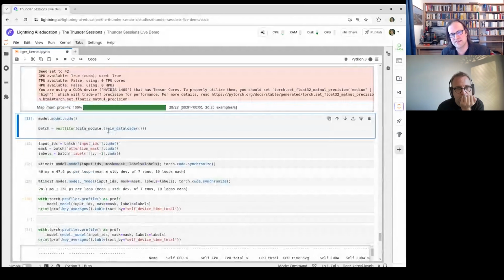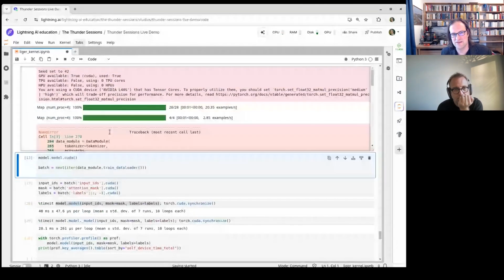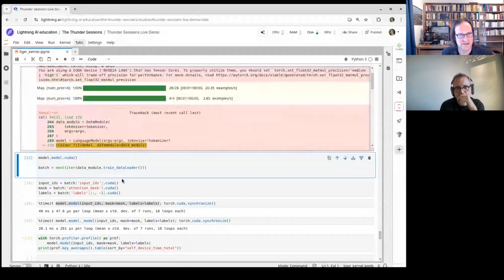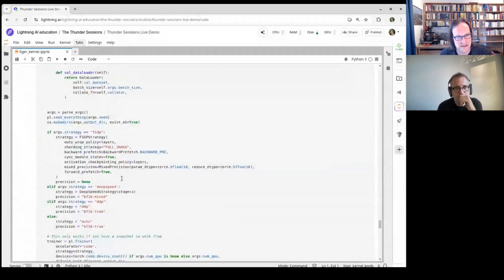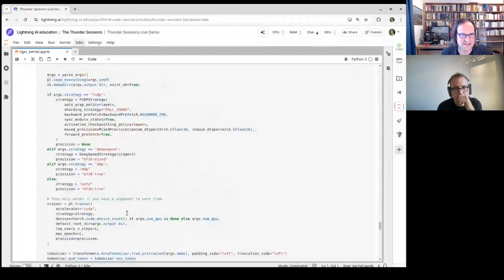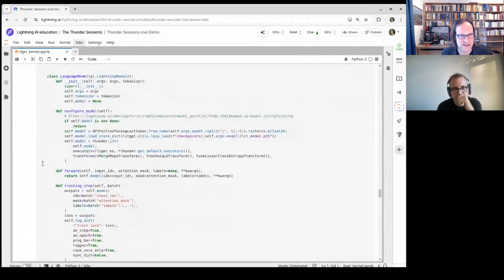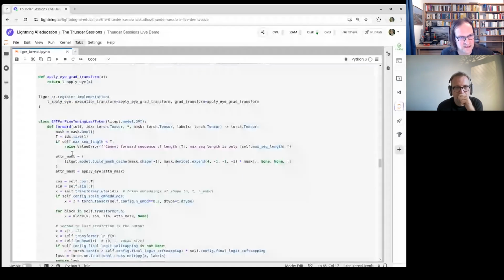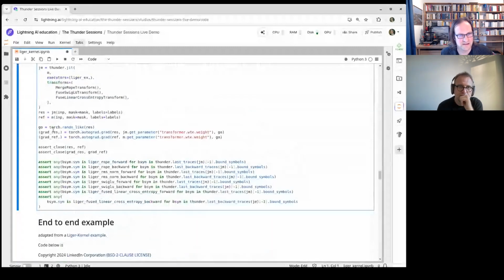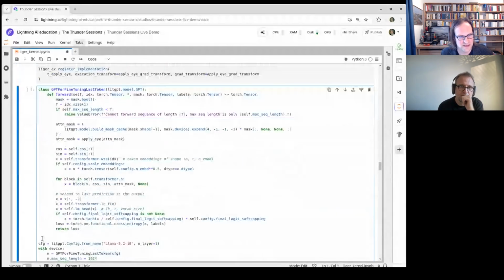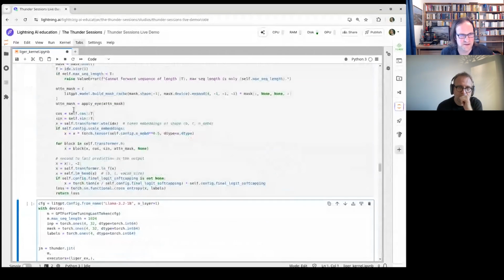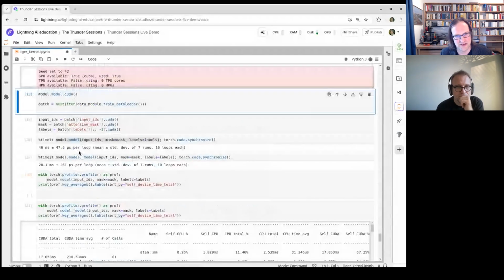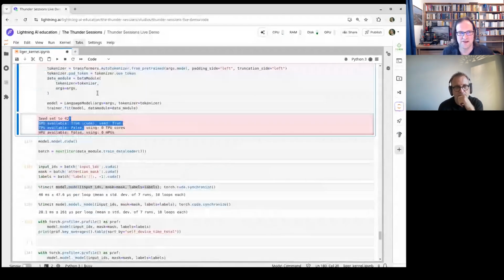And so what I did now is I'm running the model. Yeah, and it doesn't work. Oh, it's the GPT for fine tuning last token. So I moved things around a bit, and now you can't run them independently anymore. But what we can do here is grab the model and the definition and just run that separately. And so this will give us a version of Thunder without the Liger modules.